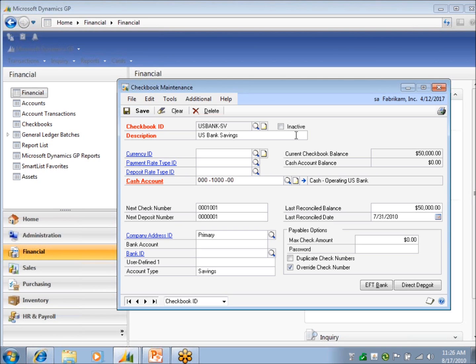Do we have any questions on how to set up a checkbook? Pretty straightforward. What's the EFT bank and the direct deposit? That would be for a different module. There's EFT payables, there's EFT receivables, there's direct deposit for payroll. So if you have those modules, you would set that information up on the checkbook. But as far as bank rec,